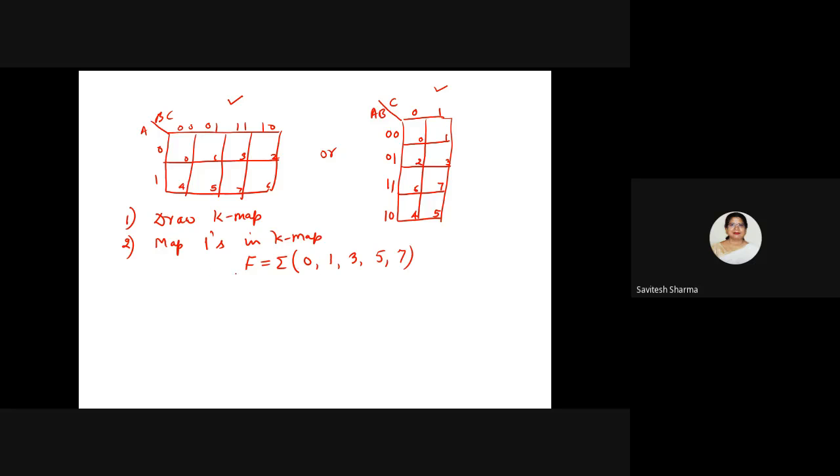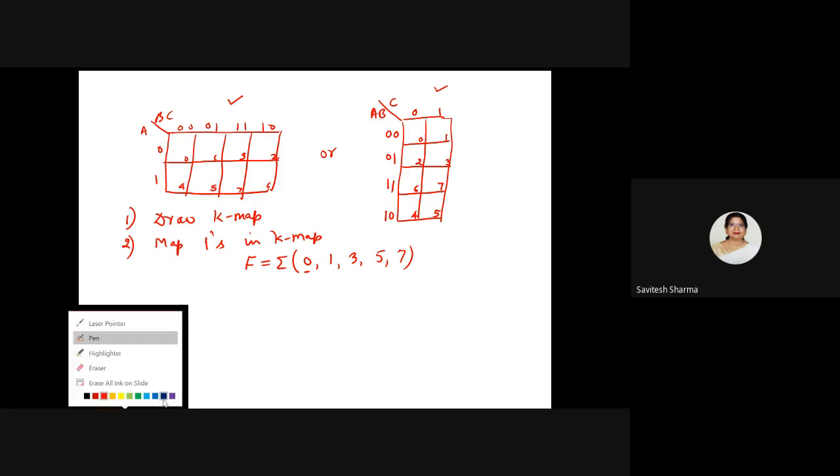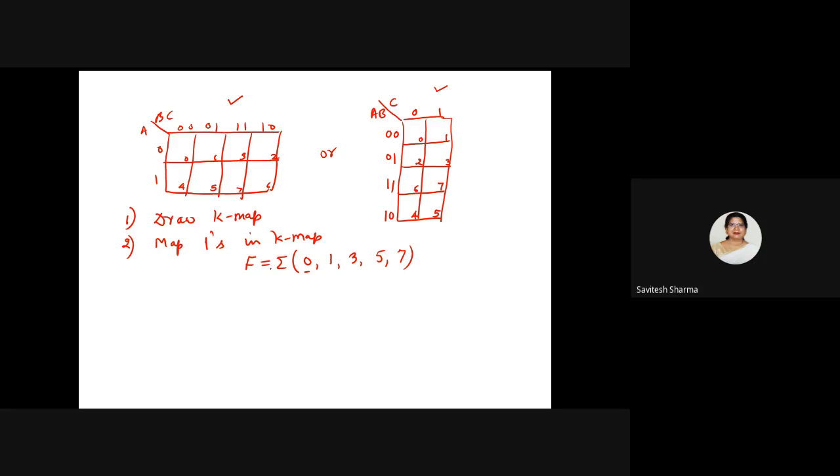So this is the given function and you want to map it. So what will you do? This is a very simple way. If you have any form, come to the minterm form so that you can easily do the K-mapping. Here, whatever minterm is mentioned, you just mark 1 in that particular cell. So what is mentioned here? 0. So you will map ones corresponding to this given function.